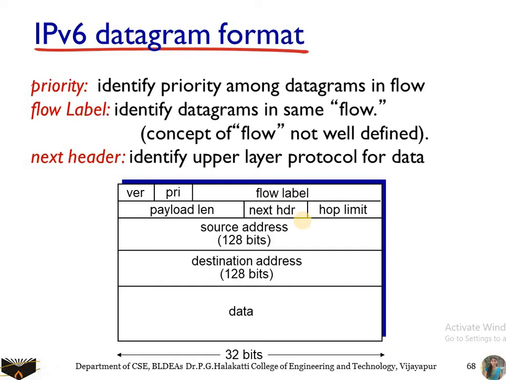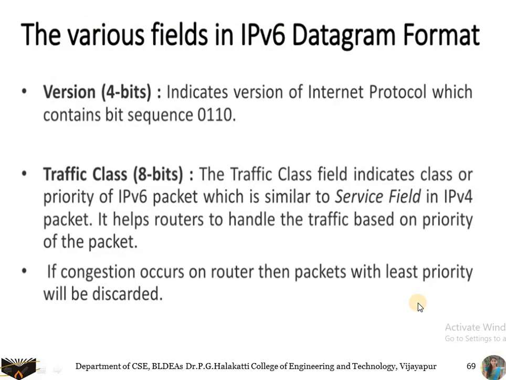Before that, this is the entire datagram format. It is of 32-bit width. Among this, the version is of 4 bits. The priority class, also called the traffic class, is of 8 bits. Next we have the flow label, which is of 20 bits. Next is the payload length, which is 16 bits, and the next header is 8 bits, and next we have the hop limit, which is again 8 bits. The source address is 128 bits and the destination address is also 128 bits, because it is IPv6. Next we have the data, which is called the payload data, which we are going to send.